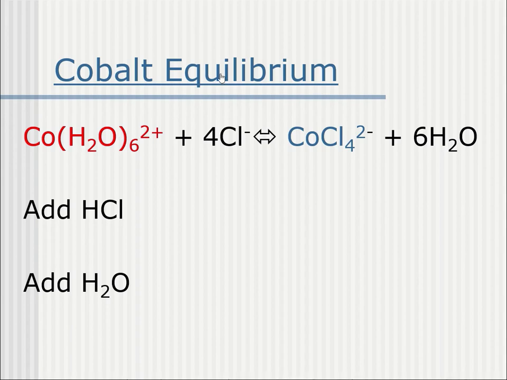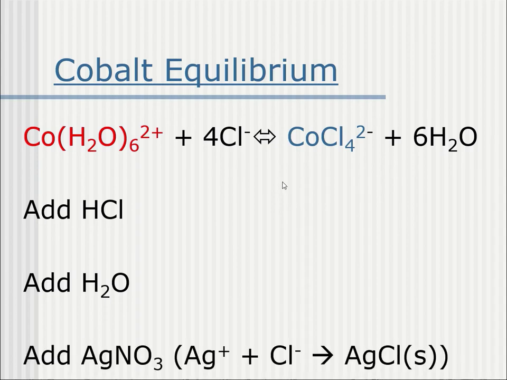And again, if you watch this video, you're going to see this equilibrium take place. This is a demonstration I would normally do in class to show this system responding from one side to the other, going from red to blue to red. And then finally, the last thing I would do in class is add silver nitrate. Silver nitrate is a compound that will react with the chloride ions and remove them. So if I remove the chloride ions, the system will try to make more chloride ions, and it would shift to the left and become pink again. Again, watch the video, and you'll see that.